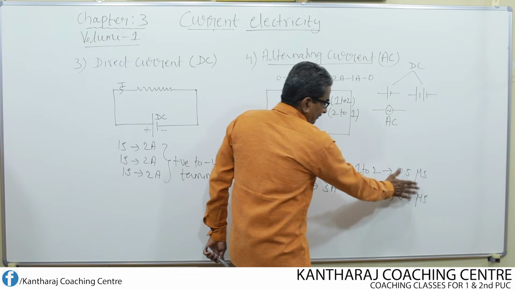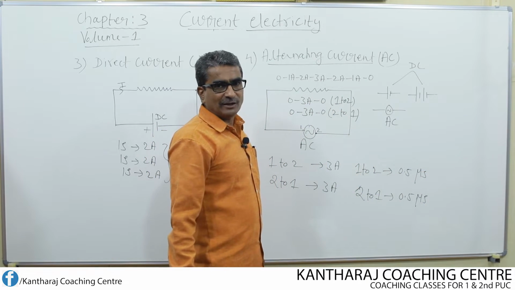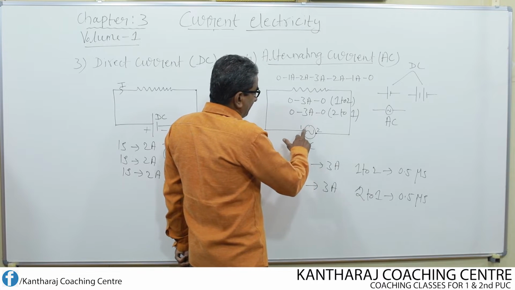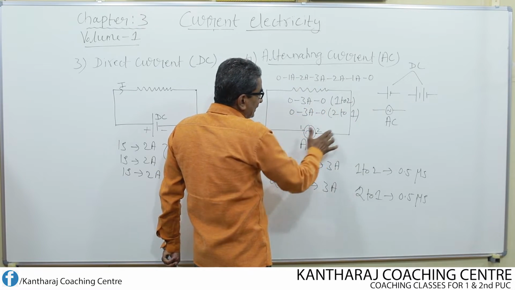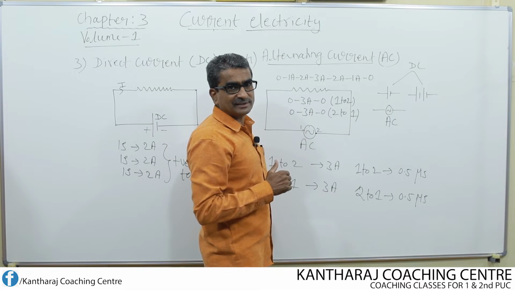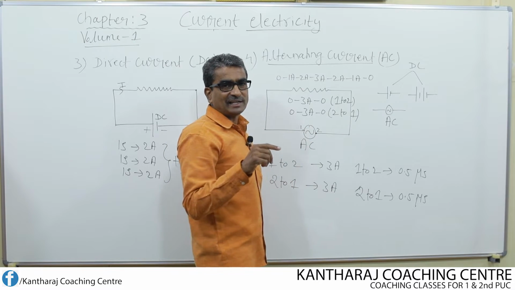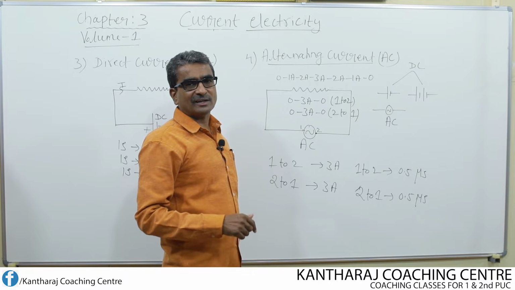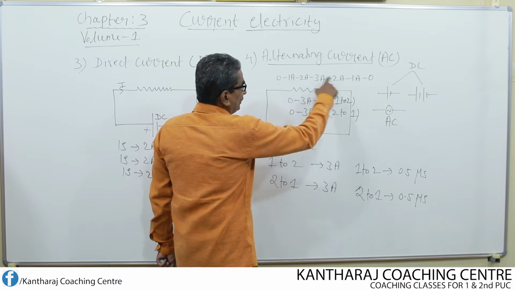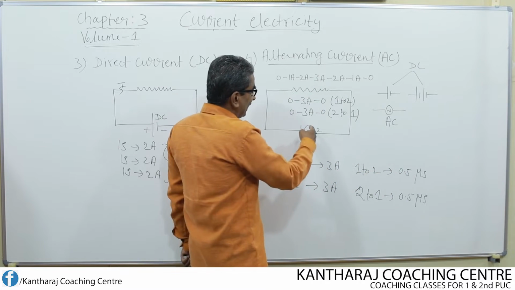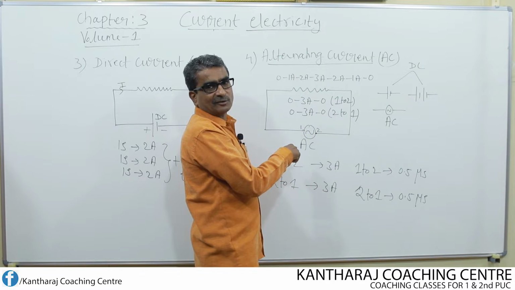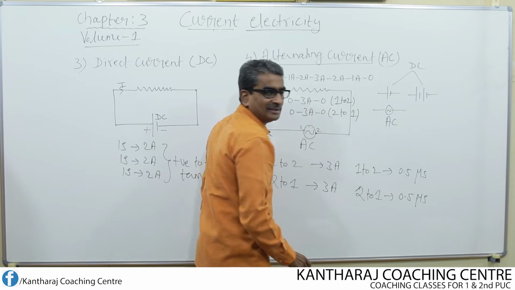This is just one assumed value. So, both the magnitude of the current and the direction of the current are changing. Direction of the current is changing alternately. How alternately? 1 to 2 clockwise during this time interval. Again 2 to 1 anti-clockwise, the same time interval.